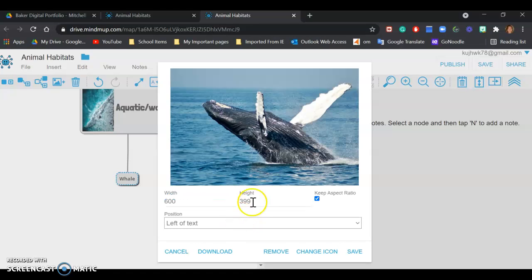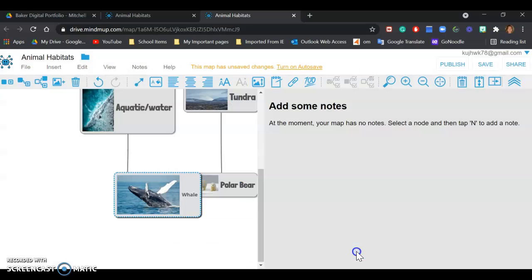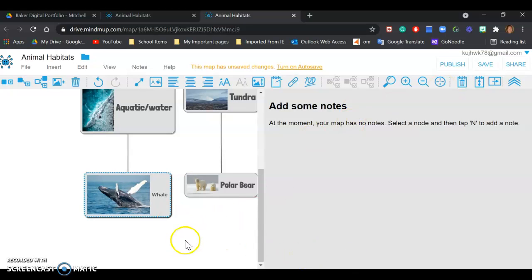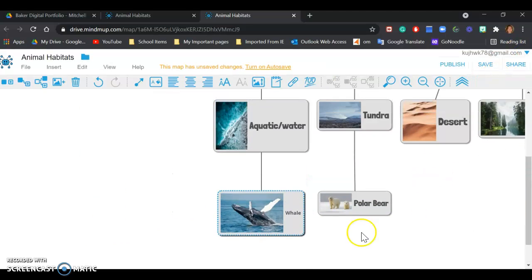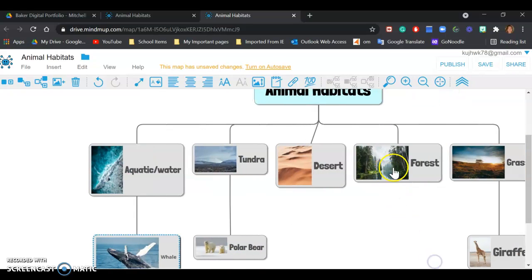Some of these we're going to have to find pictures for once we get started, because some of you will think of different animals. We're going to make it a little smaller so it fits, and there's our whale. The same with if we would want to put one for a forest. Then we would add our child node. Let's say we want to add a raccoon. So we would type its name, click on it again, and add our picture,